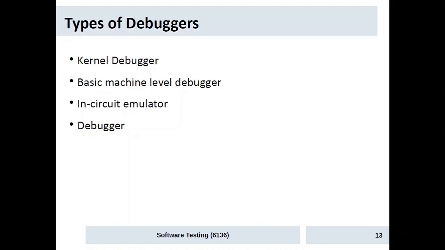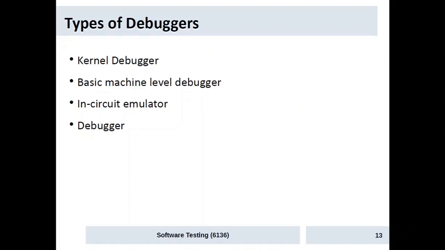Fourth one is the interpretive programming environment debugger. This type of debugger is integrated into the runtime interpreter and it has very tight control over the running applications. We'll be able to step through the program statement by statement and we will be able to analyze and inspect the values of the variables and conditions, and thus we will be able to identify the issues.